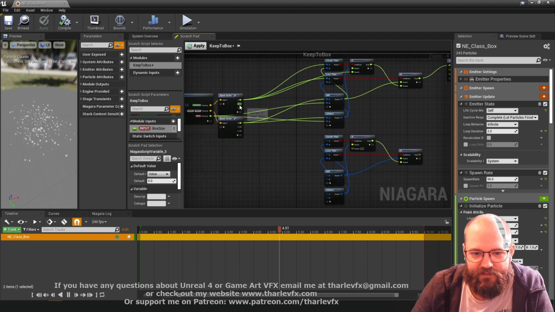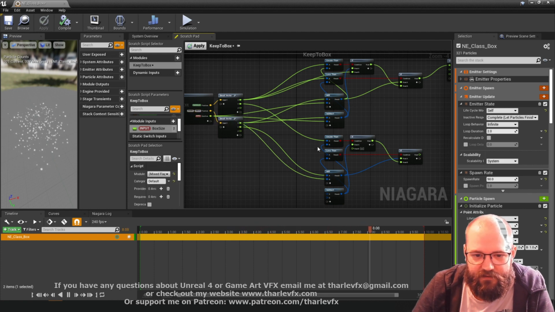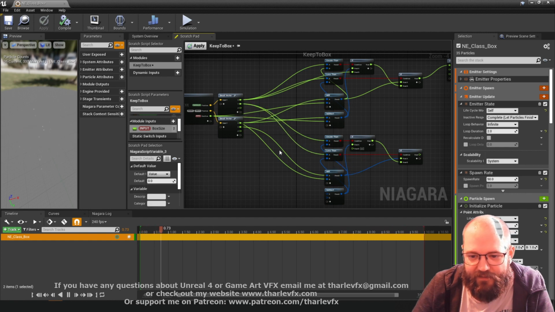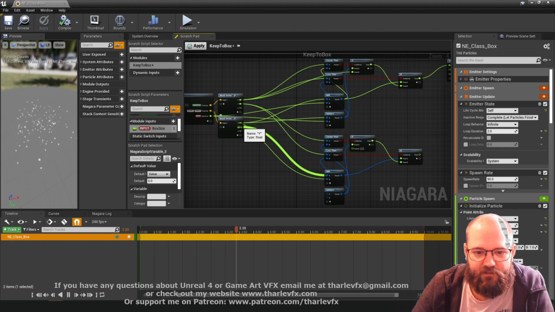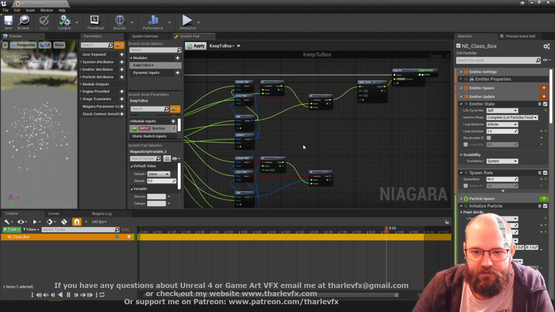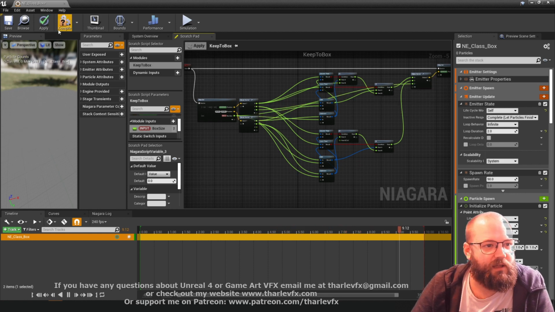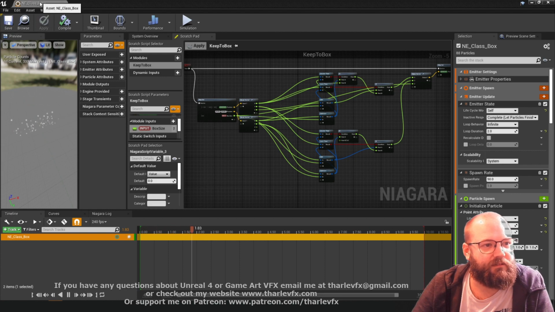So we're comparing initially the y particle position. Is it greater than the y plus the box size? And then also comparing the y less than to the y minus the box size. And then this is the same, and that becomes our y value. And then our z value just comes plugged through from our particle position. So apply here, and that should now mean that